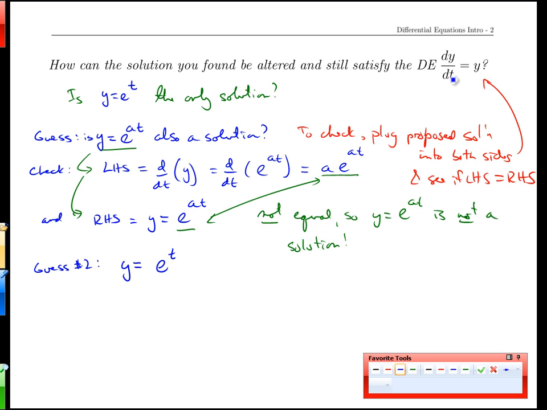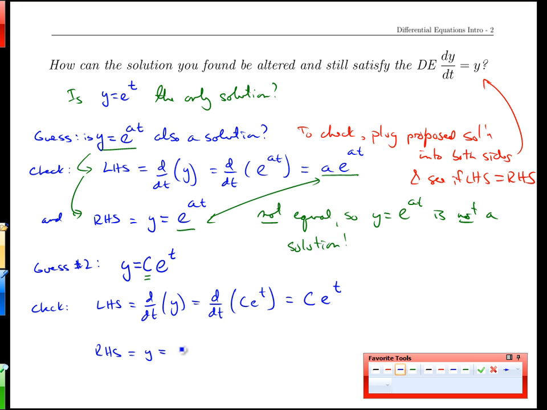Well, I think, just imagine multiplying both sides by a constant. Let's do that. Let's add this constant in front of our solution and then check it. Well, the left-hand side is the derivative of y, and this time the derivative of c e to the t is just c e to the t. That's sounding pretty good, because the right-hand side is just c e to the t, and now we have two things that are equal,